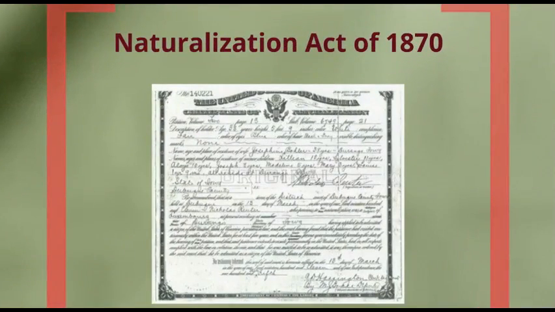At the same time, the same year, they passed the Naturalization Act of 1870, a law that stated that only whites and blacks can become naturalized as U.S. citizens. Naturalization is basically a process where you have to stay in the United States for a number of years, you have to have work, you then have to take the citizenship test, and then eventually that allows you the opportunity to become a U.S. citizen. So they specifically stated it was only for blacks and whites, and that the Chinese and all other groups, particularly all other Asian groups, were no longer allowed the opportunity to become citizens.